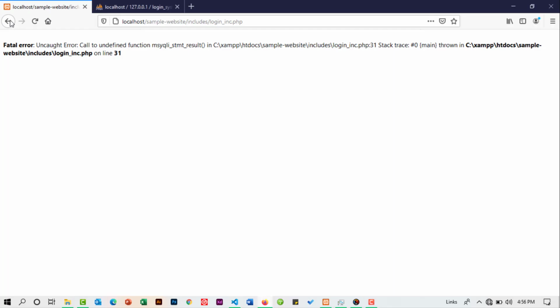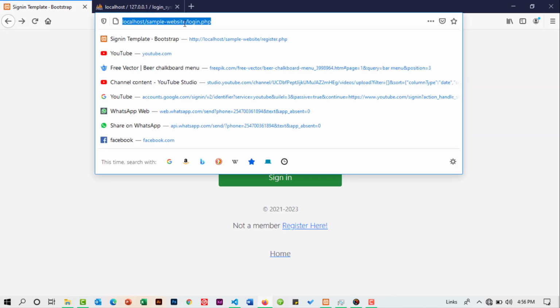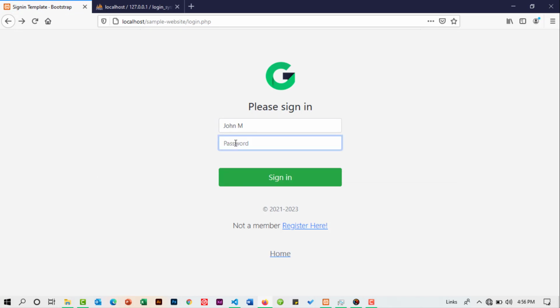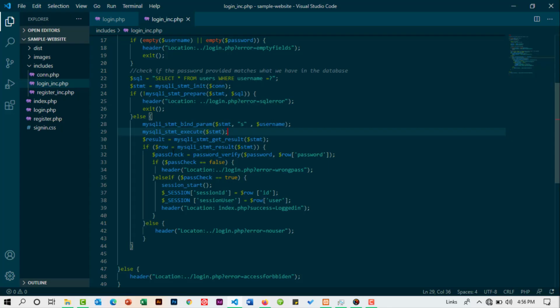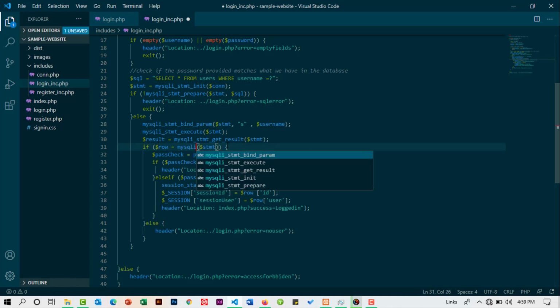Alright, so this is also an opportunity to learn how you can fix the problems. So you always make mistakes, but it's always good to know how you can fix them. Oh, sorry, we made a mistake here. So this should be mysqli_fetch_assoc. So this was supposed to be mysqli_fetch_assoc. So like that, and this should be equal to the result, the variable result that we have here. Good. So now we can save that,